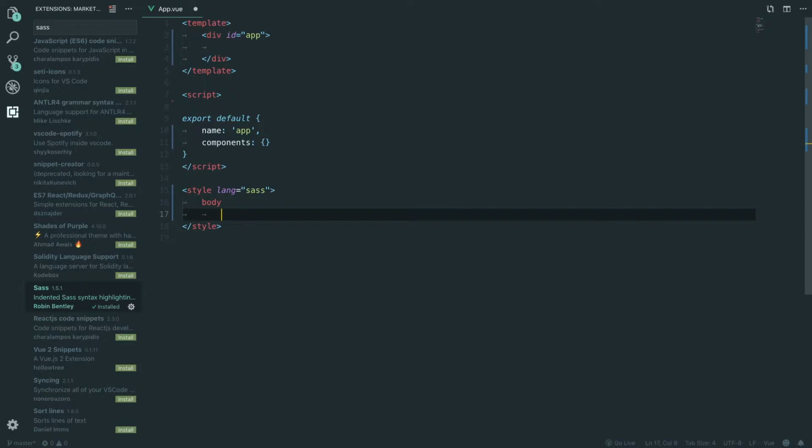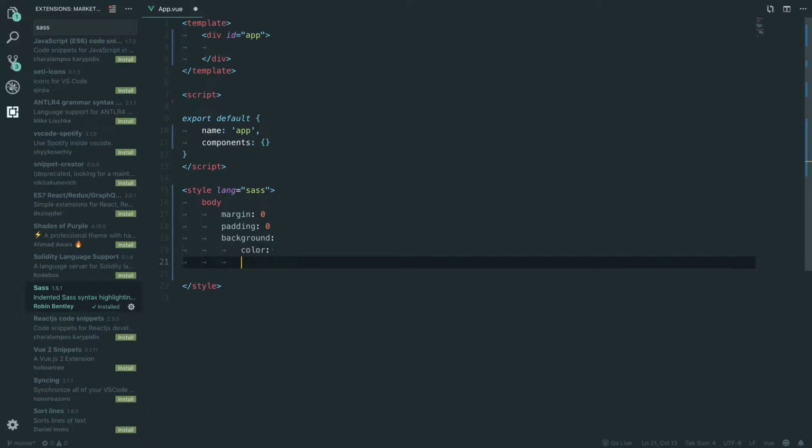So we've got body. We're going to set margin equal to 0 and the padding equal to 0. So that is good there, and then we're going to set the background. And then we can say color under here. So basically anything under here now. So you could do size, image, and all these under this background element, because it has a hyphen which basically denotes that it can be split. And it has multiple, like font. You could do font, and then you could do the same with this. If you put font here, you could put size there, family underneath, and that will basically know what you're talking about. And we're going to say background color, so it means the color of the background, and we'll set that equal to